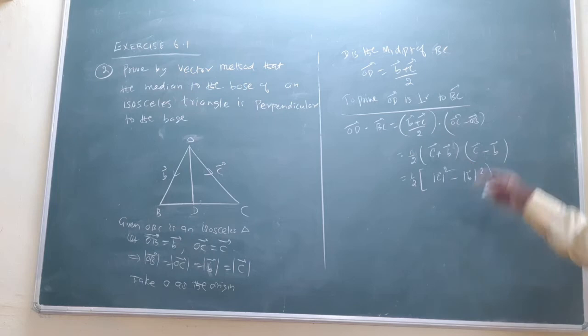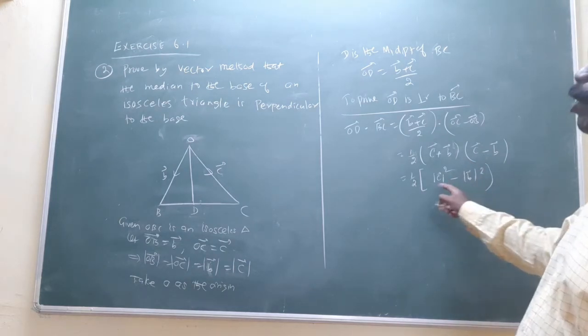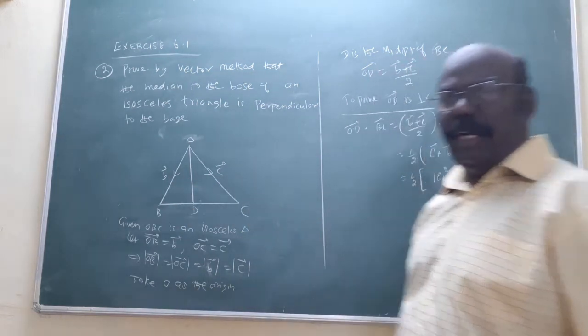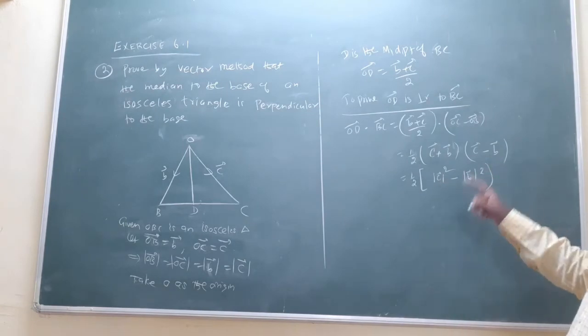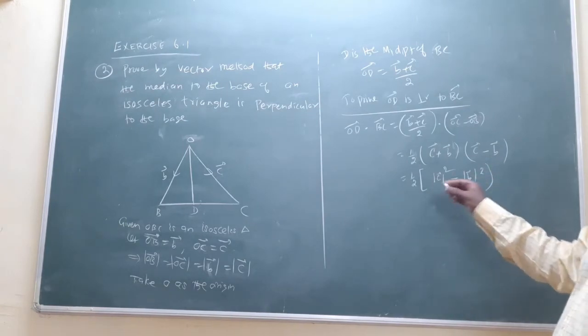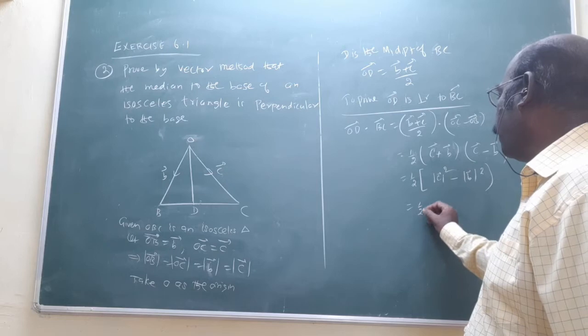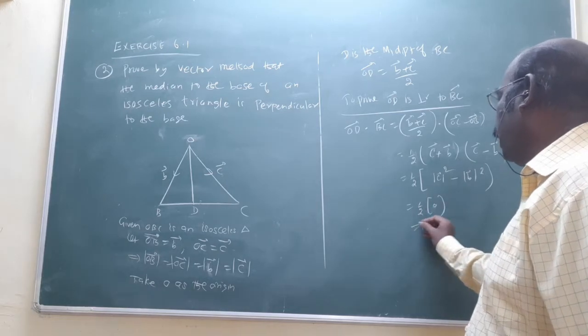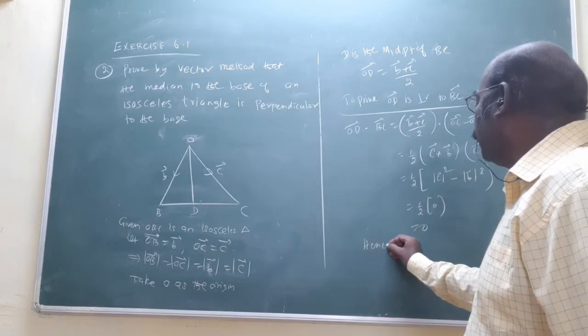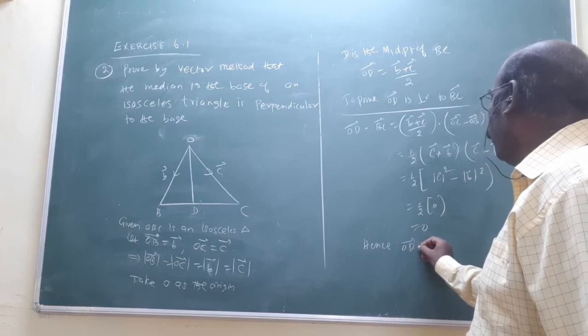A plus b, A minus b formula. Now this will be equal. Both sides are equal. Am I correct? That's equal, the modulus will be equal. In between, minus there, that's a 0. Hence, that is the answer. OD is perpendicular to BC.